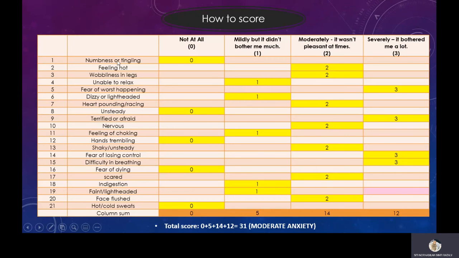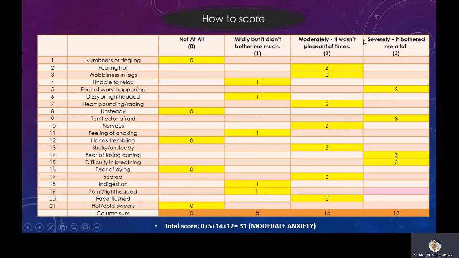As you can see on the left side, it shows the items for this inventory, and it includes 21 items, which are: numbness or tingling, feeling hot, wobbliness in legs, unable to relax, fear of worst happening, dizzy or lightheaded, heart pounding or racing, unsteady, terrified or afraid, nervous, feeling of choking, hands trembling, shaky or unsteady, fear of losing control, difficulty in breathing, fear of dying, scared, indigestion, faint or lightheaded, face flushed, and the last one is hot or cold sweats.